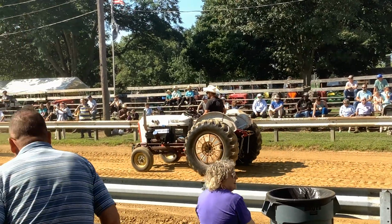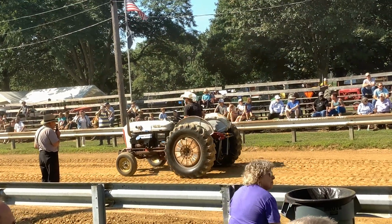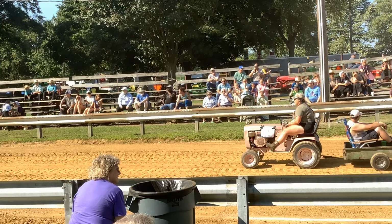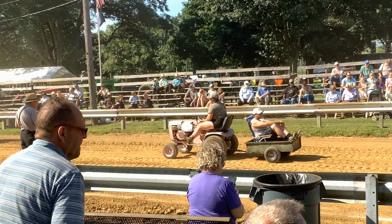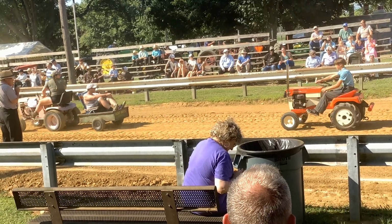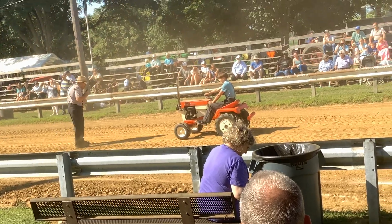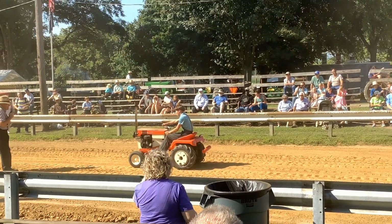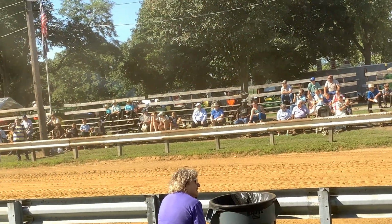model 961, built 1958. Justin Horning of Elizabethtown, Pennsylvania. I believe he might have been pulling with that. And then here next we have a Wheel Horse tractor, pink one here. And this is a model C111, built 1979. Katie Kent of Middletown, Rhode Island. And here we have a Simplicity 2110, owned by Joshua King. Thank you. Okay, ladies and gentlemen,